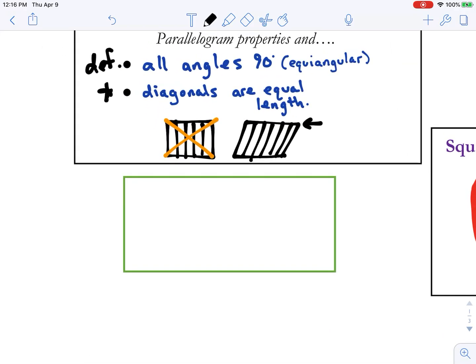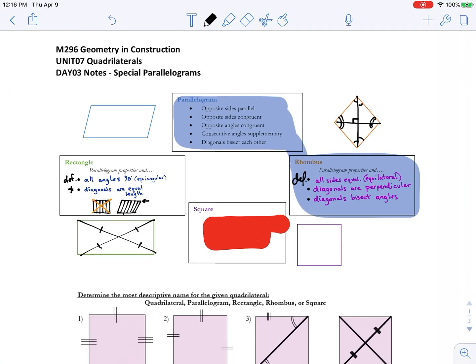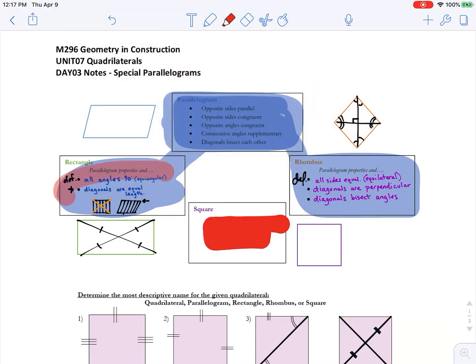So let's go back over to this rectangle over here. These are all right angles, but this equals this. So a fancy way of writing that is you don't just mark that they're bisected, you actually say that all 4 of those pieces are equal to each other. So then we've got all of these having the 5 facts of parallelograms, but the big thing is rhombus and rectangle are different. The rules for rectangle do not work for rhombus and vice versa. If that were to happen, if you did have a rectangle with 90-degree angles, and it also had all equal sides, well, in that case, you would have